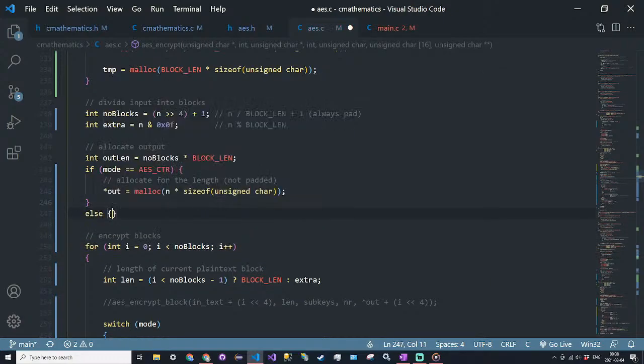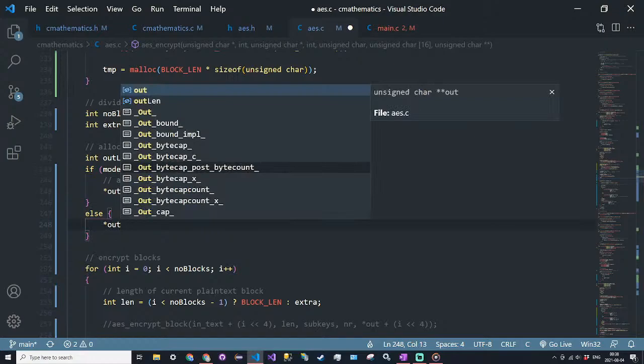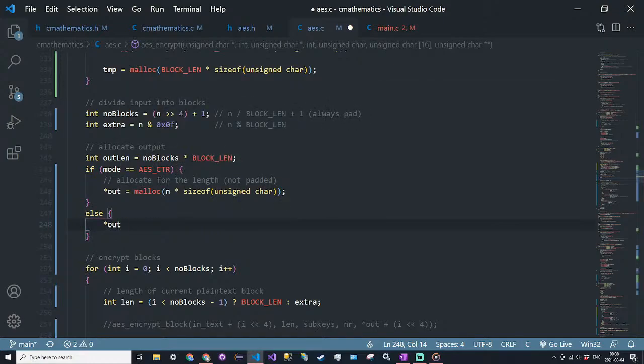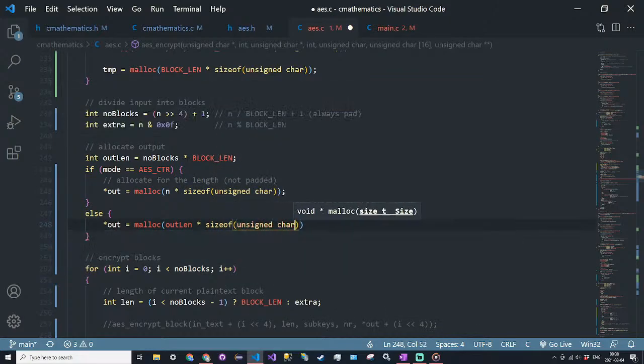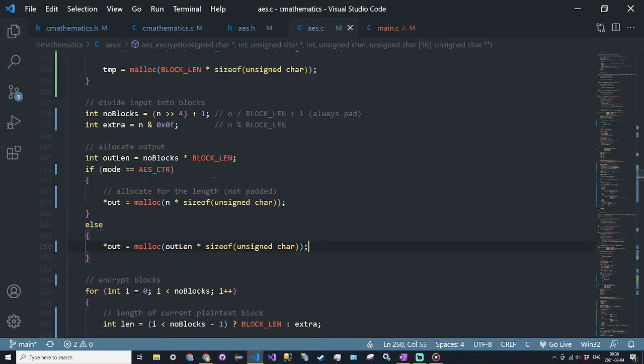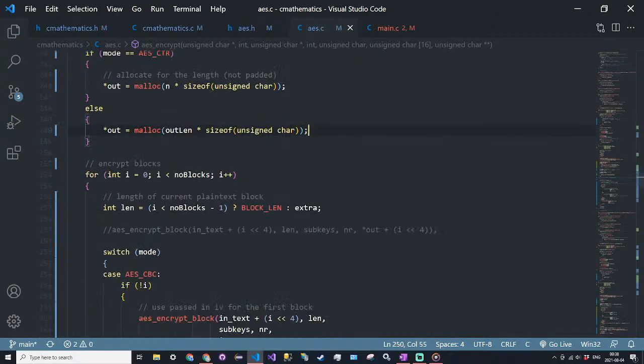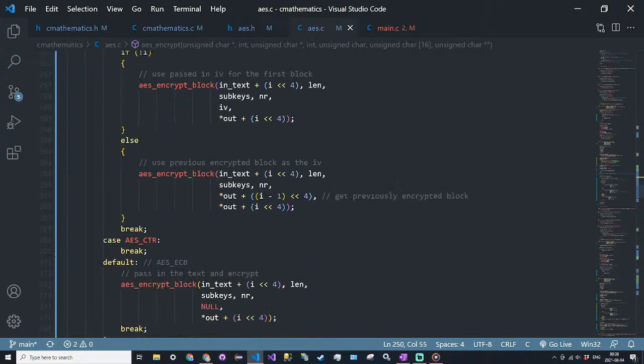And then else, we're just going to allocate for the out length. Output is equal to malloc out length times the size of an unsigned character. CBC and ECB will stay the same. Now for CTR,